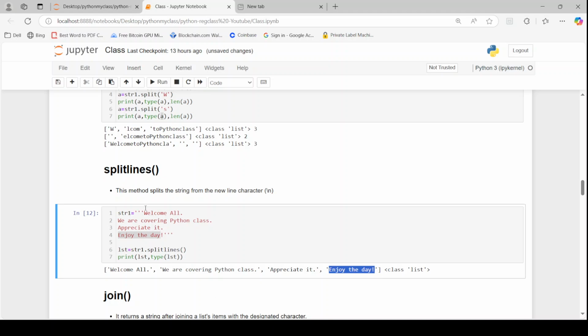So "welcome all" becomes the first element of the list. "We are covering Python class" becomes the second element of the list, as you can see here. Then "appreciate it" becomes the third element of the list. And "enjoy the day" becomes the fourth element of the list. Okay,